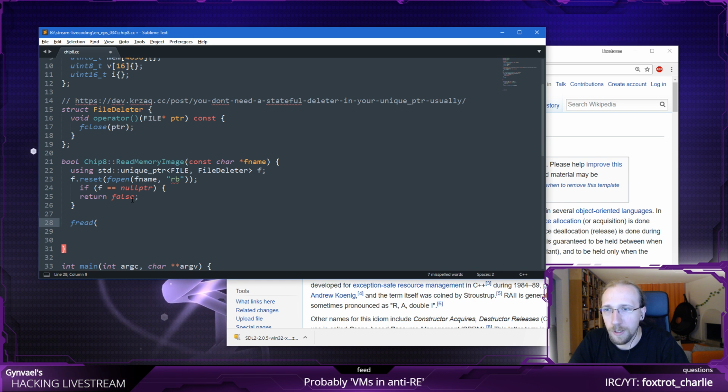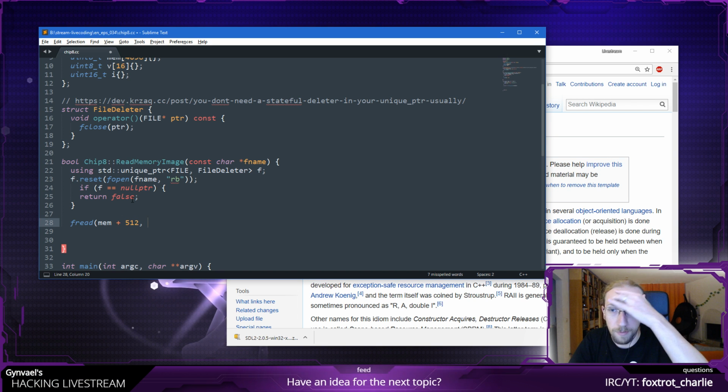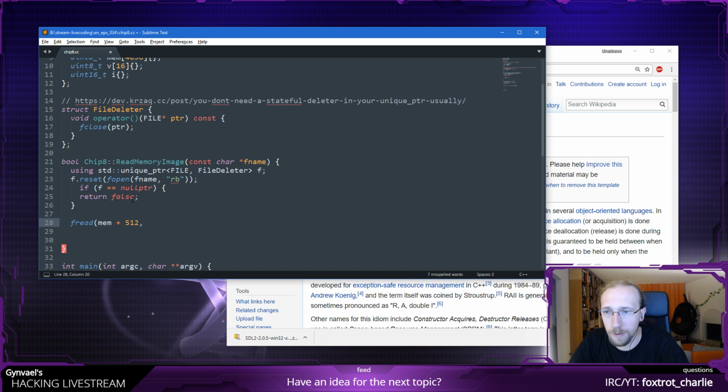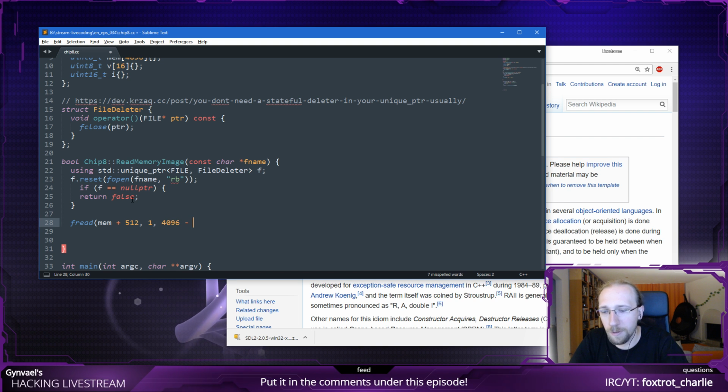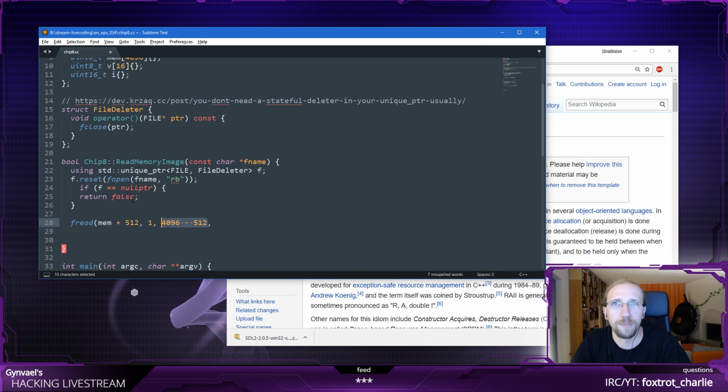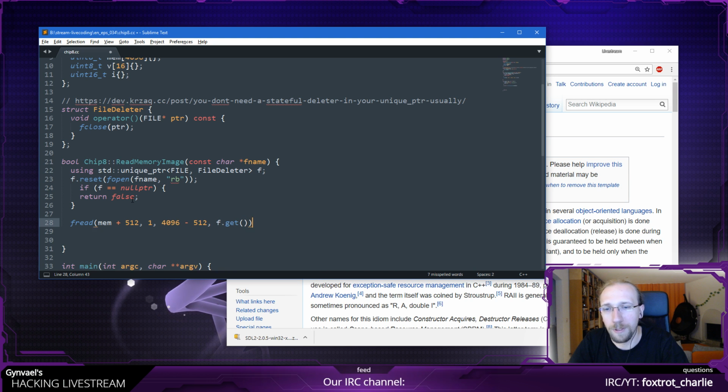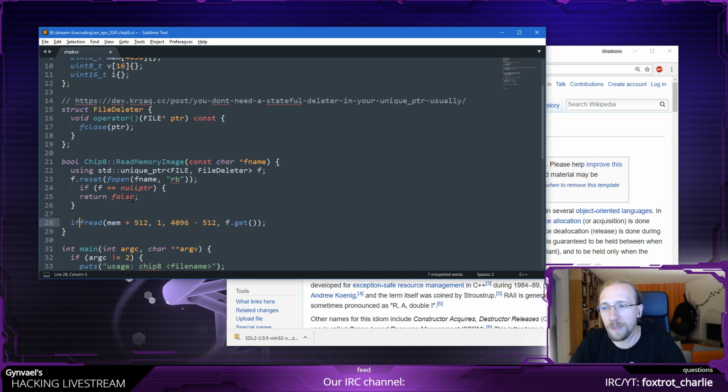Yes, this is correct now. Mem plus 512, because I'm actually doing pointer arithmetics. How many bytes do I need to read? I need to read 4 kilobytes, but minus the 512. I'm not going to actually calculate it here, because this is more descriptive in my opinion, and I do need the pointer here. So it's going to read, but